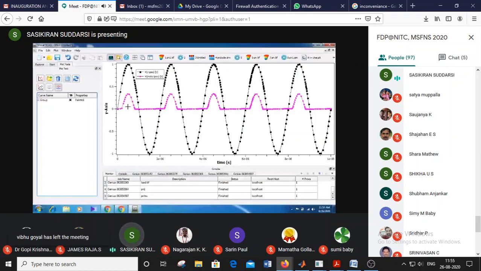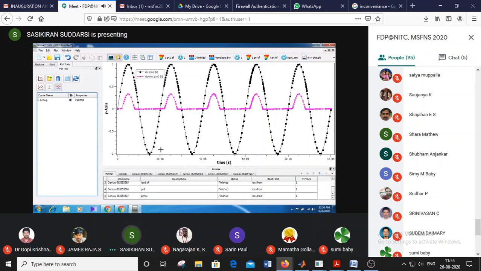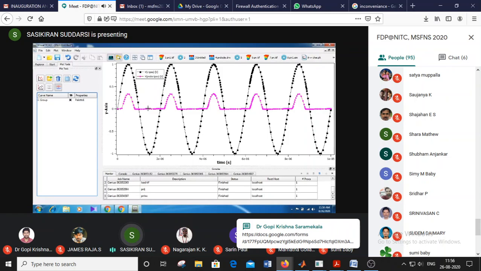So this is a half wave rectifier. Only the positive half cycle we are getting. In the negative half cycle, it is off. As simple as that. The diode is a simple circuit element. It acts as a switch. In forward bias, it will act like a closed switch. In reverse bias, it will act like an open switch. That's why we are not getting any output here, just half cycles in the positive.